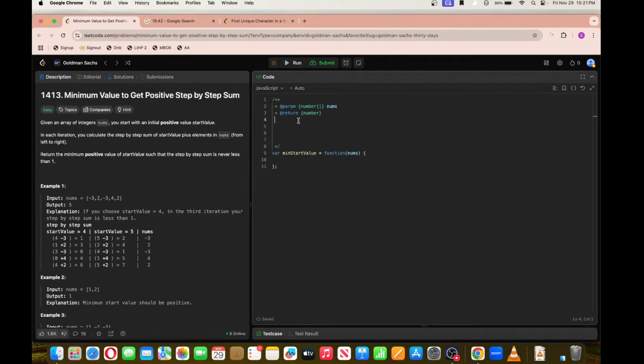Given an array of integers, you start with an initial positive value, start value. In each iteration, you calculate the step by step sum of start value plus elements in nums from left to right. Return the minimum positive start value such that the step by step sum is never less than 1. So it means